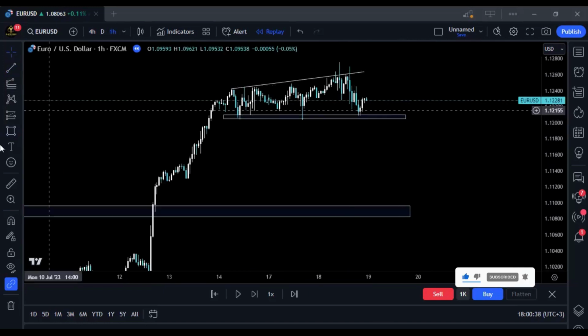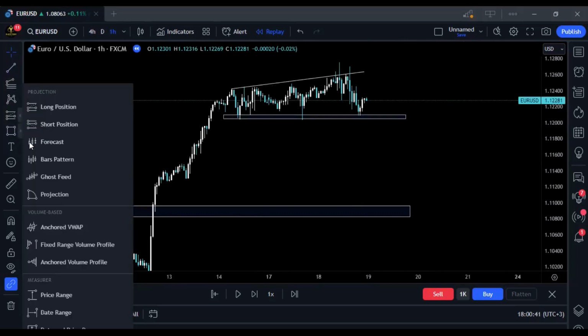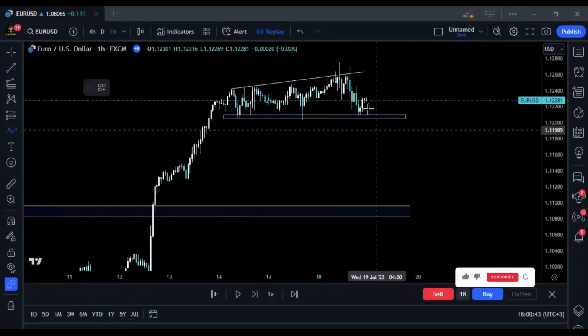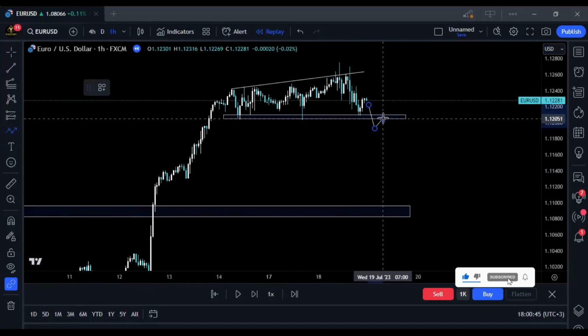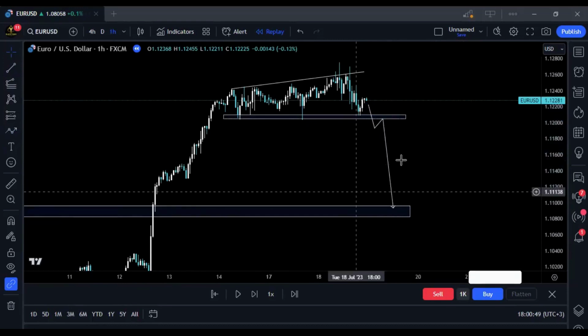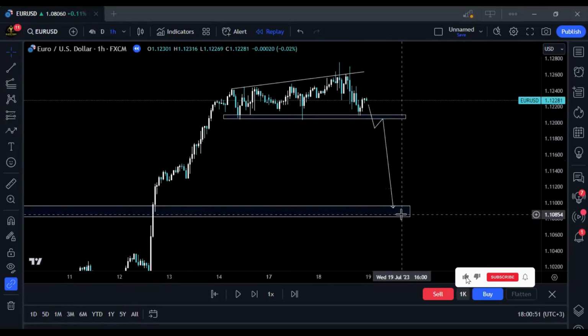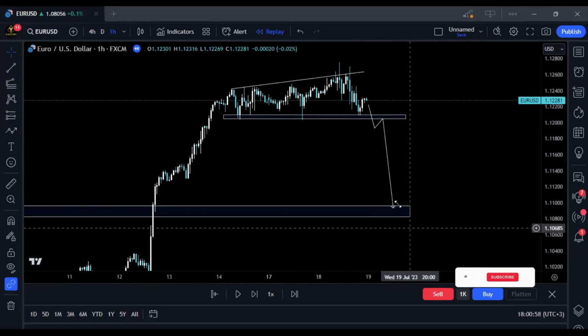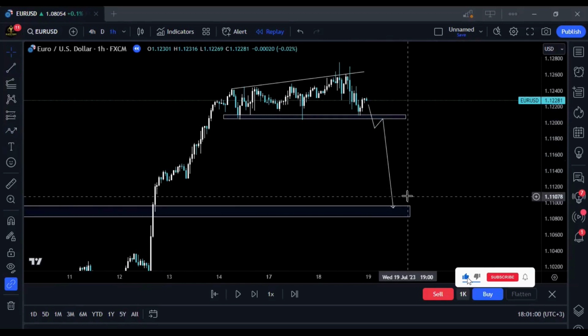Okay, so for us to take a trade, prices will have to break this structure here, give us a retest and push lower, because we are anticipating to see prices retrace until they reach here, because they are on a daily ranging. That means they don't have the momentum to break, and the possible place to look for more bullish buys are somewhere here. So that's where we'll be anticipating to see prices go, but we won't be taking a trade until